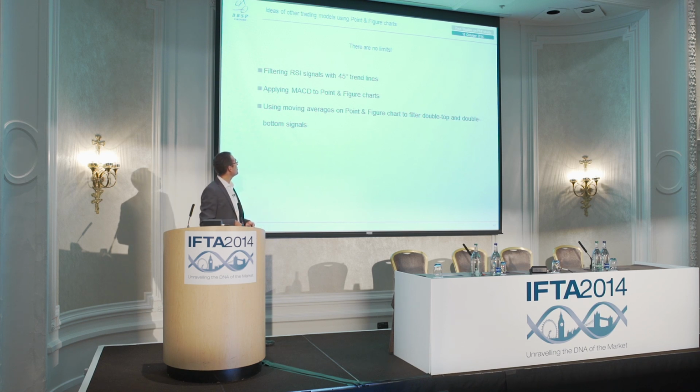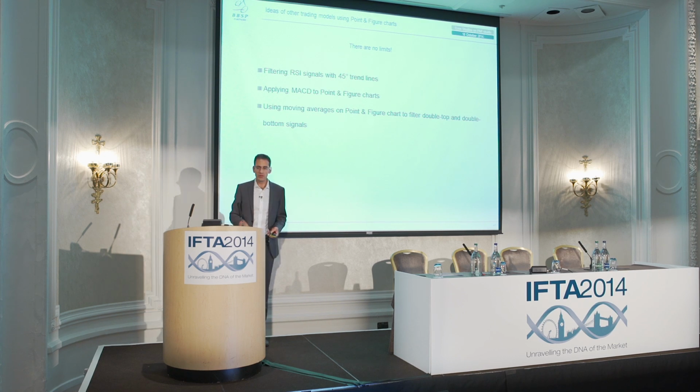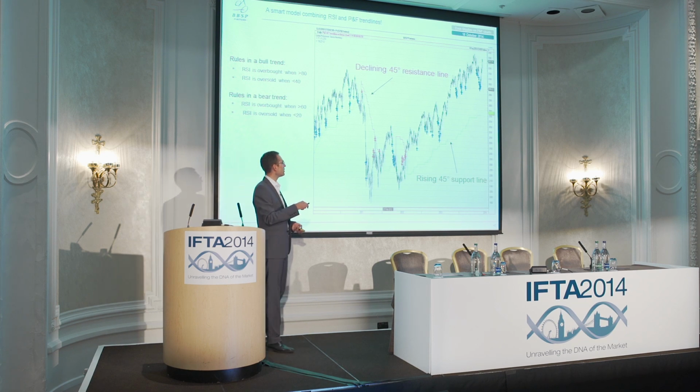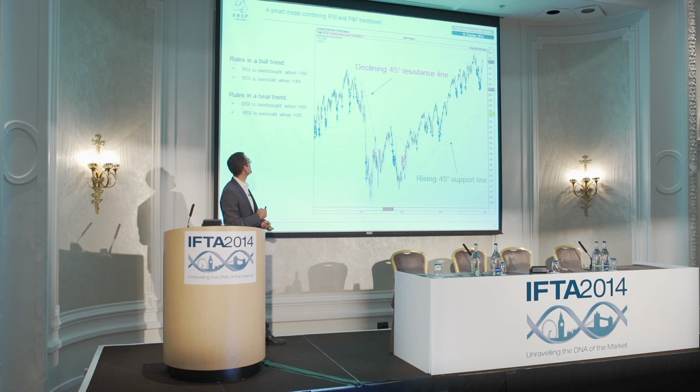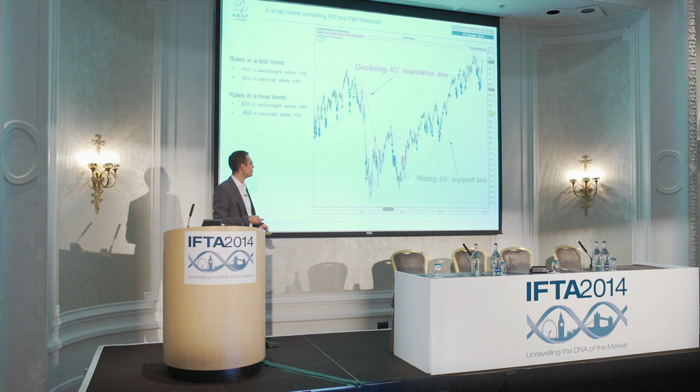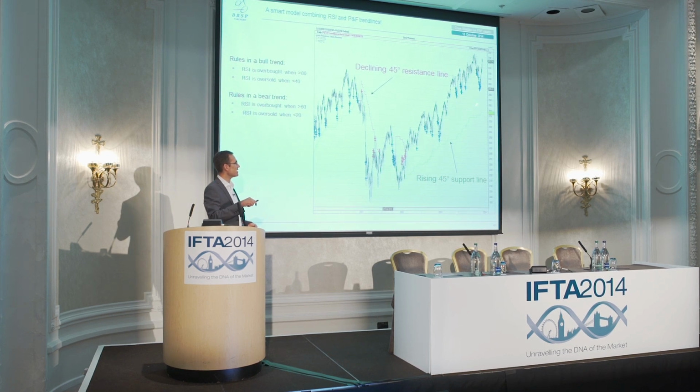So I will very briefly show you 3 additional techniques. This is one: I put these famous 45-degree lines on a bar chart, and I tweaked my RSI. I think it's quite a nice way to look at point and figure. So this is my trend, more or less my stop loss for the long position. And here I'm buying the dips each time the RSI is oversold.